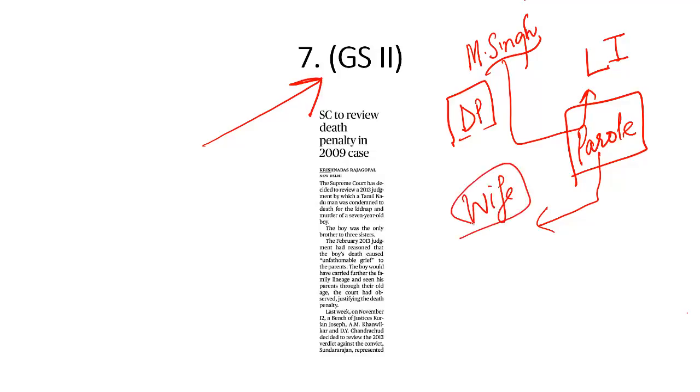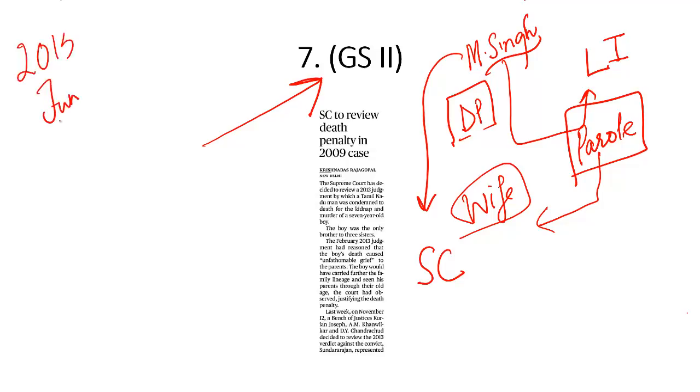When the matter went to the Madhya Pradesh High Court, it said this is clearly the rarest of the rare case and death sentence should be awarded to the offender, to Maninder Singh. Again, he appealed before the Supreme Court. The year was 2013, January, to be precise. A two-judge bench of the Supreme Court said, this is not the rarest of the rare case, so we will award Maninder Singh not the death sentence, but life imprisonment.